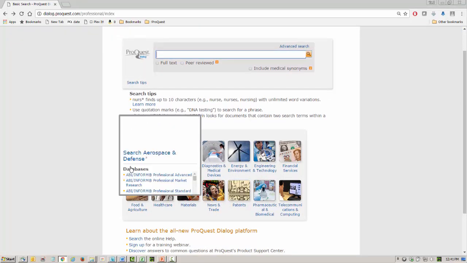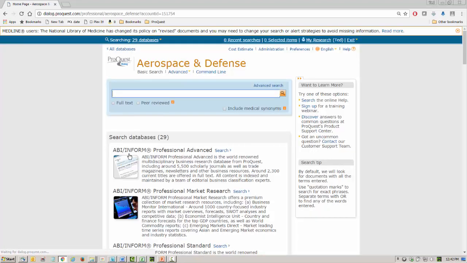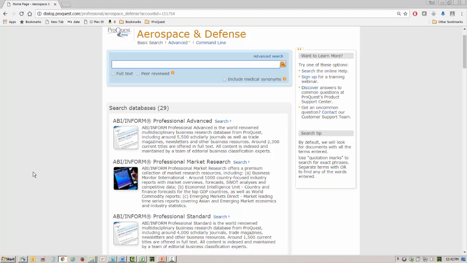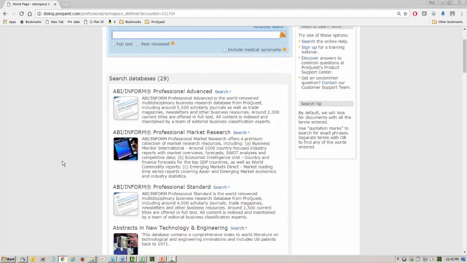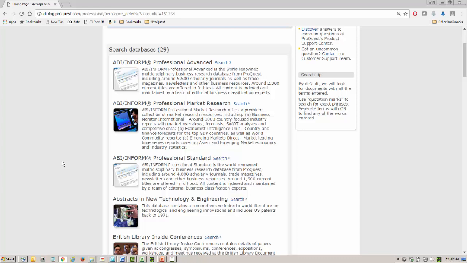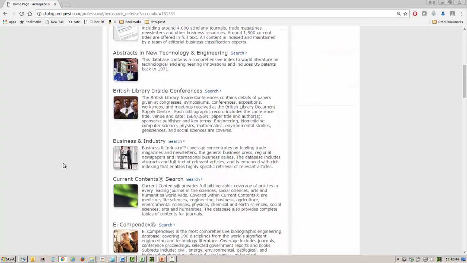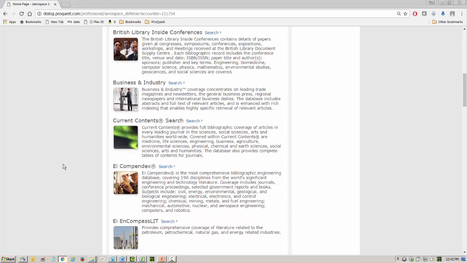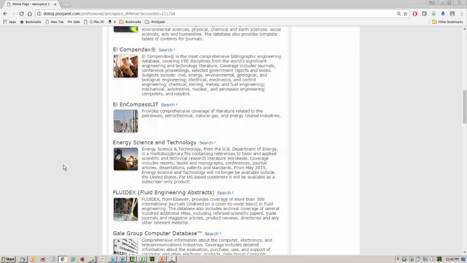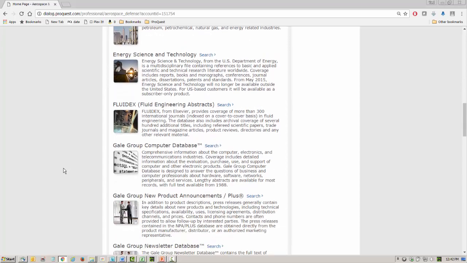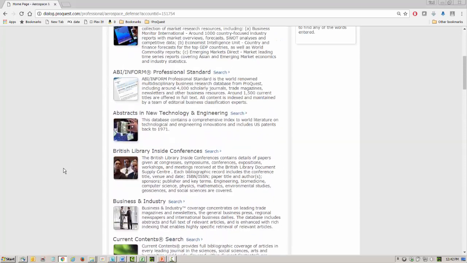Let's take aerospace. And when you either hover or click on it, you will see the title of that list come up together with the start of the list of databases. I'm going to click here on the title of the industry where it says Search Aerospace and Defense. And that brings up a list of the databases that are in this group, together with a nice thumbnail description of a paragraph for each one of these. This is a good resource for you to see what each of these databases is about, and that can help you decide which of these databases you want to actually use, or which of them perhaps you want to omit